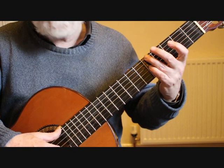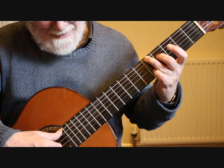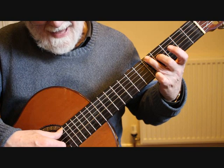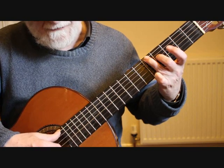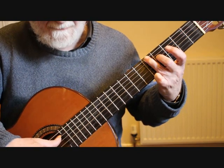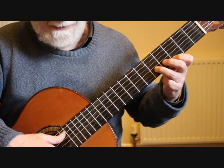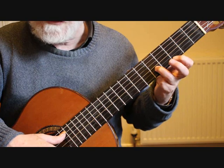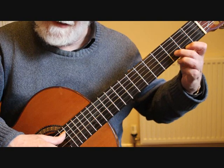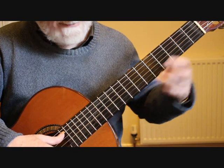So that is the G on the fifth fret, sixth string, the F sharp on the fourth string, fourth fret, B open, and A with the little finger on the first string. So again, we've got that spread chord. Repeat the bass note. Then we have E and G, which we played at the beginning of the bar on the first two strings. Drop to the second fret and third fret with the first finger and second finger. So bar 7 is